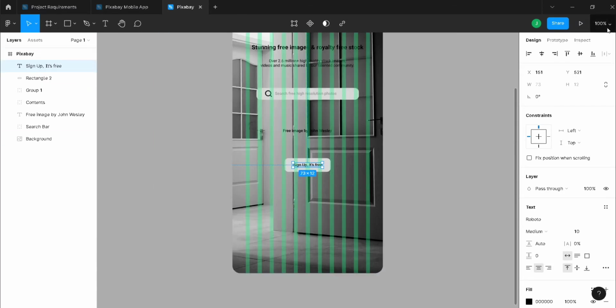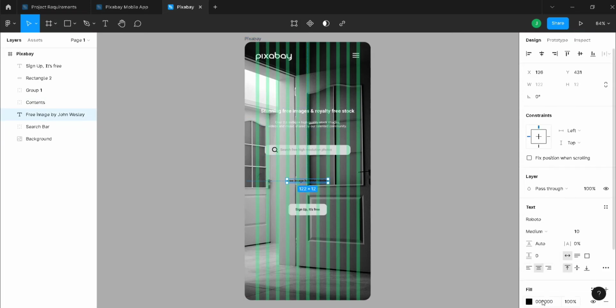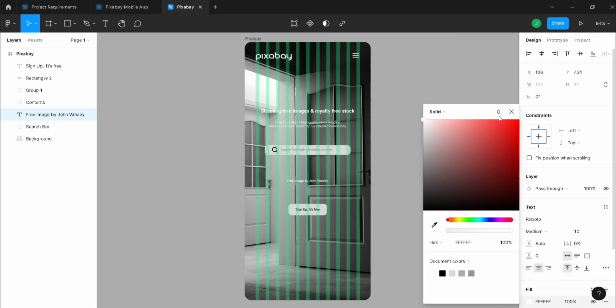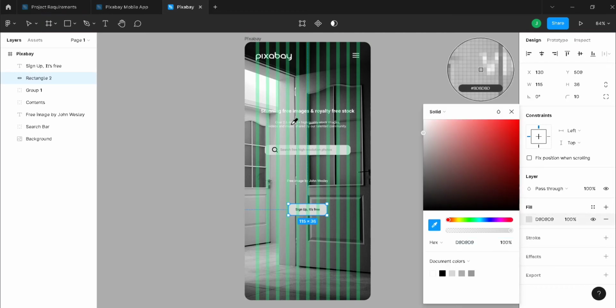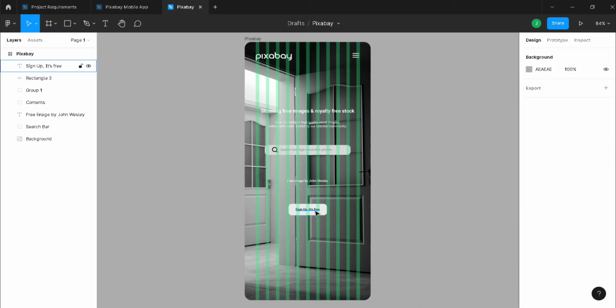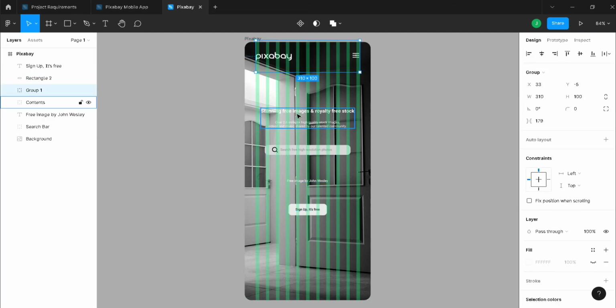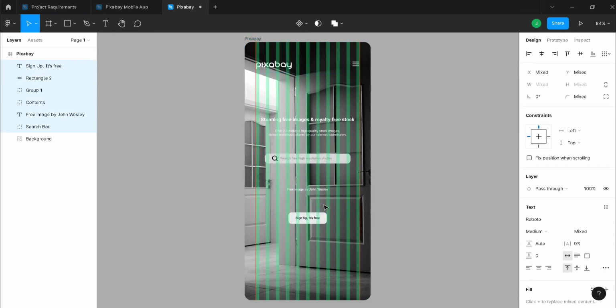So I think we need to change the color. So let's change the color to pure white. Yeah, now it's very good. Same for this. And for this rectangle, I'm going to just pick a color from here. Okay, and let's leave it as black. And at the bottom,